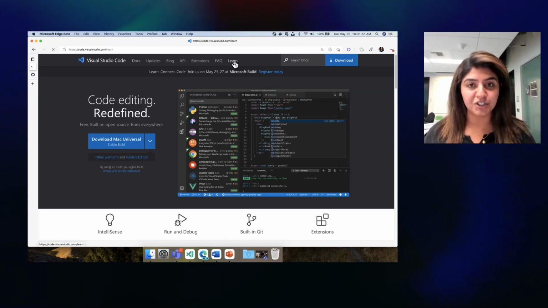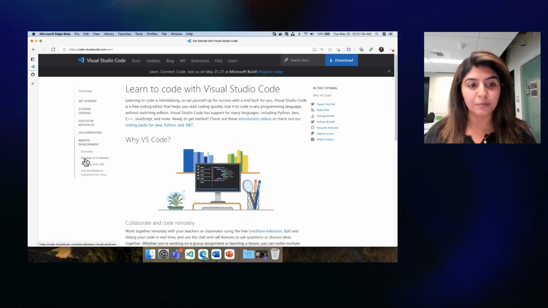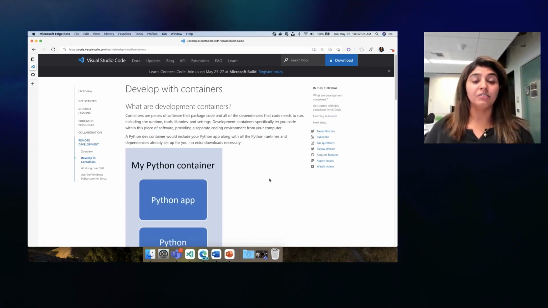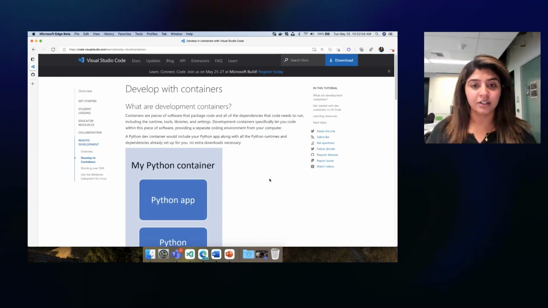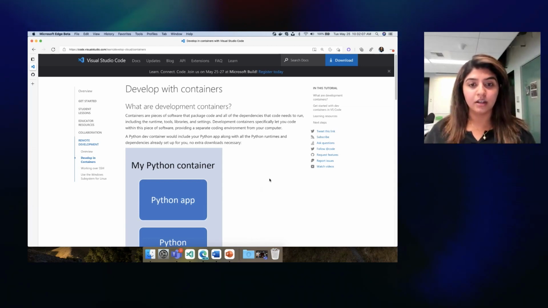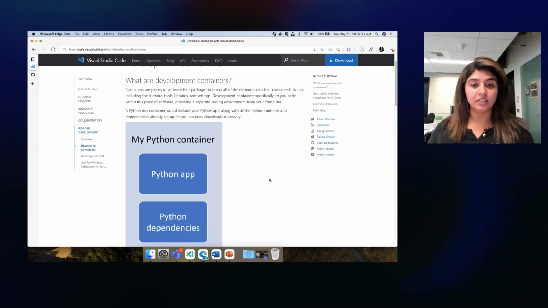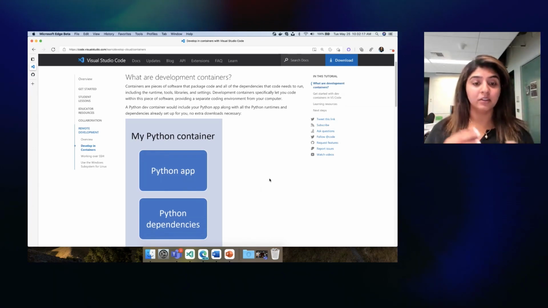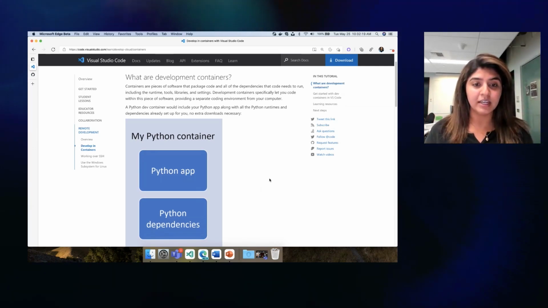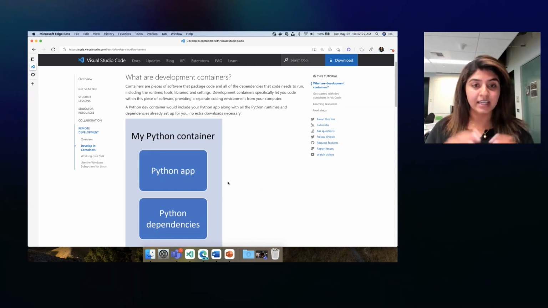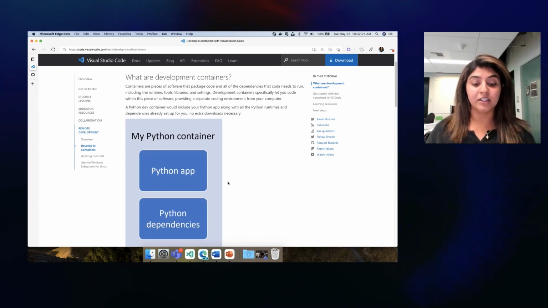So I'm going to go over to the Learn section of our website and open up this development containers page. For those of you who might not know, containers and Docker allow you to run lightweight units of software and different versions of that software in an environment that's not actually your physical computer. In this case, you can see there's a Python container that has Python dependencies and the proper versions of those that allow you to run the Python app inside this isolated unit that's not physically on your computer. You do need Docker to be able to run these development containers, but essentially